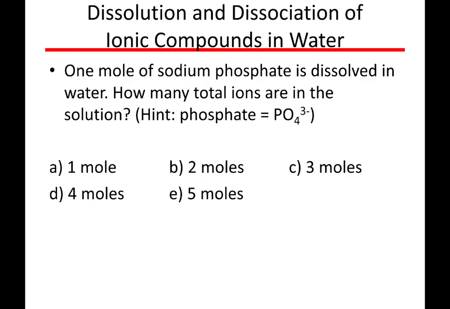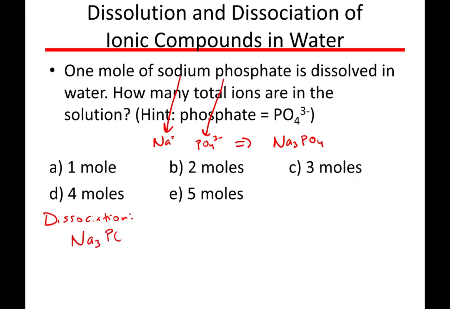Once again, we're dissolving an ionic compound into water, and so we should write out the dissociation reaction. We begin by writing what the formula is. We have sodium phosphate, so sodium is Na+, and phosphate is PO4 3-. So those combine to make Na3PO4. That's balanced for charge. So our dissociation reaction will be Na3PO4 breaks up to make our ions of Na+